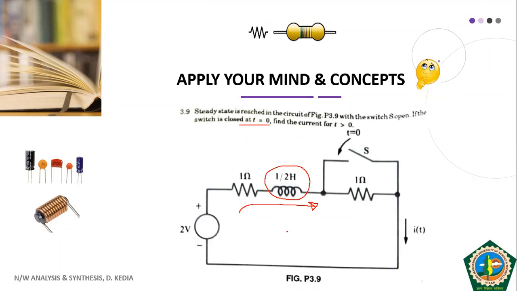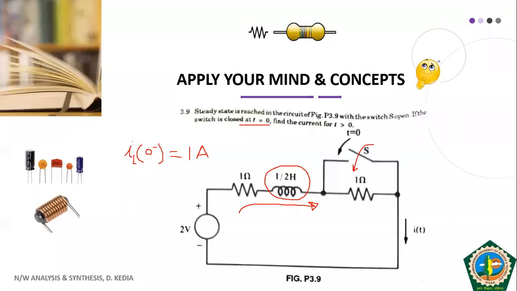So what does it mean? That the initial conditions were that your 1 ohm and 1 ohm were in series, that is 2 ohm. The voltage is 2 volt. So we can directly say that during 0 minus, the current which was flowing through the inductor, that is IL(0 minus), is V by R. V is 2 volt, R is also 2 ohm, and current was 1 ampere. So this is our initial condition. Very straightforward. Then we have closed the switch for t greater than 0.